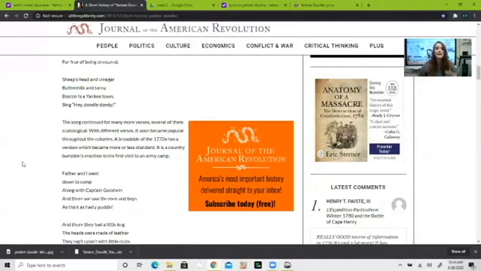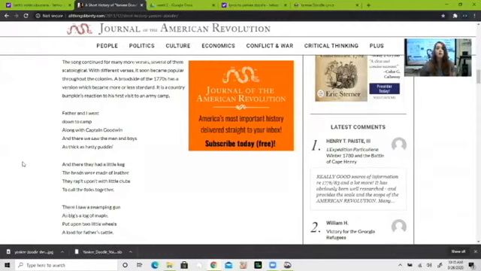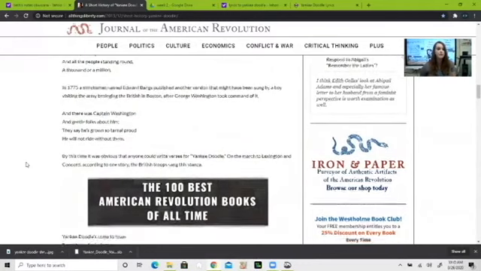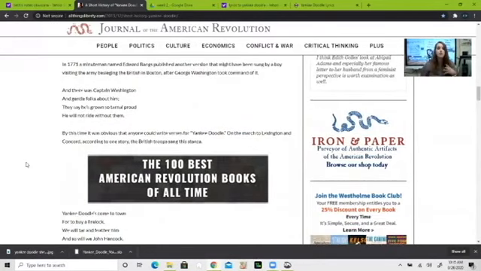And so we started adding our own verses, like this one, Father and I went down to camp, along with Captain Gooden, there we saw some men and boys as thick as hasty pudding. That's supposed to be a review of one of the Minutemen's first sight of all these soldiers coming together, getting ready to fight the battle for our independence. We scroll down a little bit further in 1775, we see that another verse was added yet again when he visited George Washington for the first time.